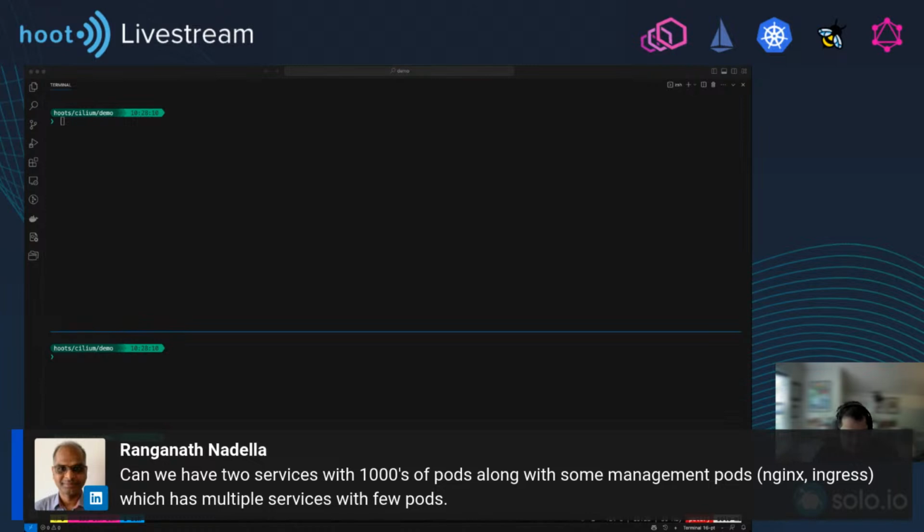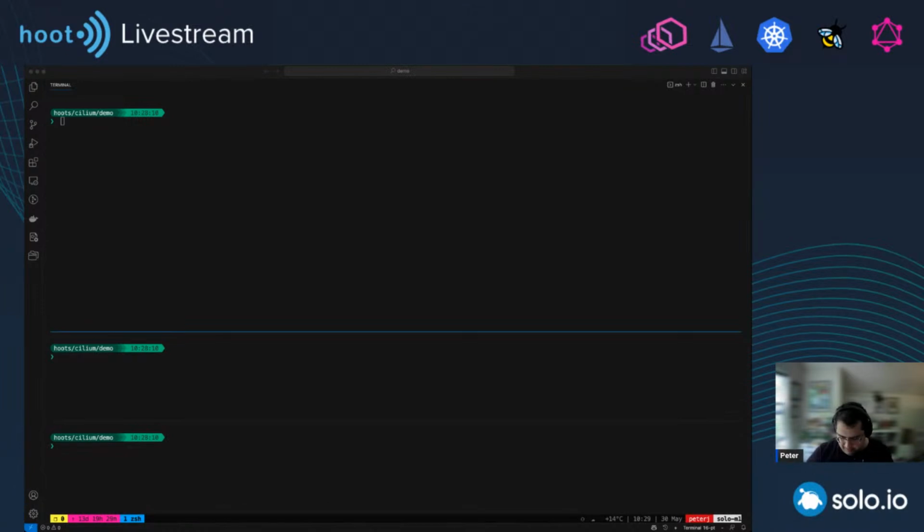But you can scale up your Ingress controller if that's what you're asking. You don't have to have a single Ingress controller pod. You can scale that up as well, and then your applications, you can scale those up as well. Hope that answers the question. All right, so let's go to the demo.